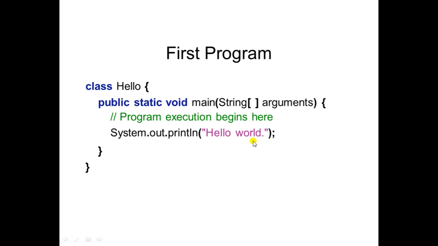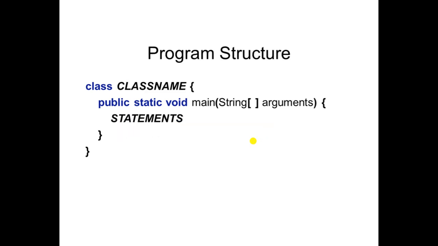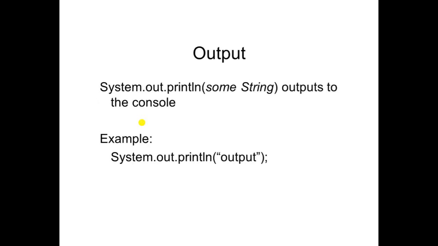Okay, this is a template. So what you have understood here is the program structure. What is a program structure? Class is a keyword which you have to use, followed by the name of the class. Then you have to write public static void main, String args, opening bracket, and whatever statements you want to write in the main block. You can write any number of statements which you want to execute. This is the program structure of Java.